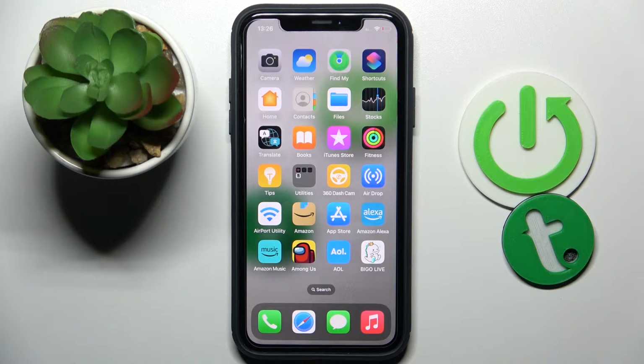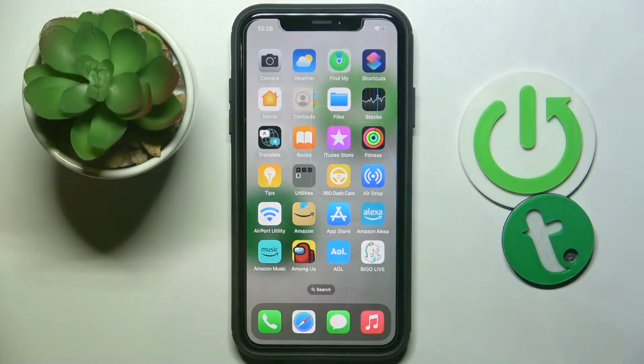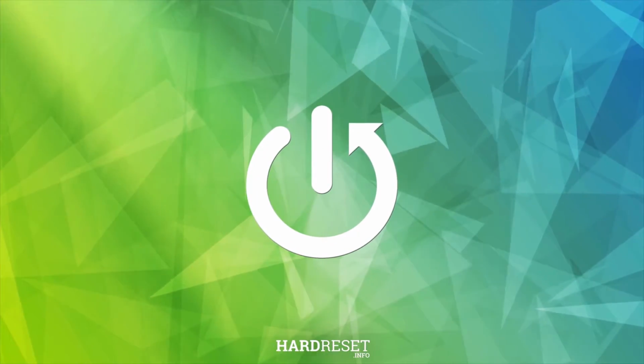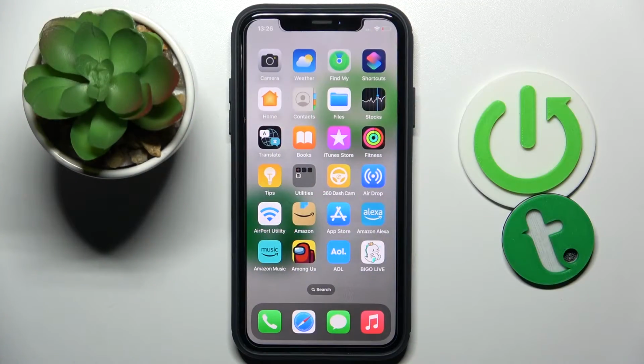Hi guys, in front of me is an iPhone on iOS 16 and let me show you how to grab a photo with a filter. So if you want to see the picture with the filter before it's taken, you have to open your camera